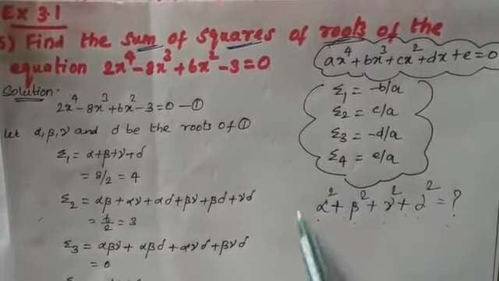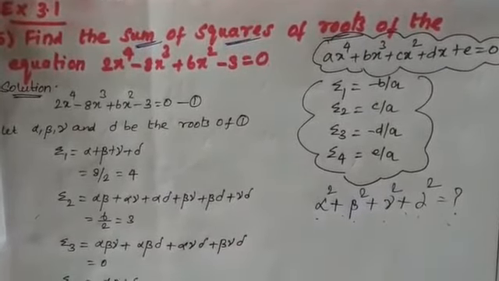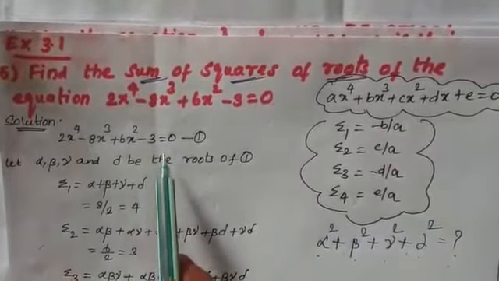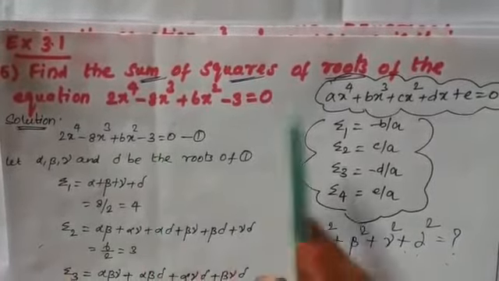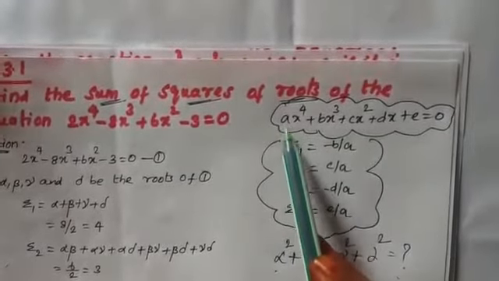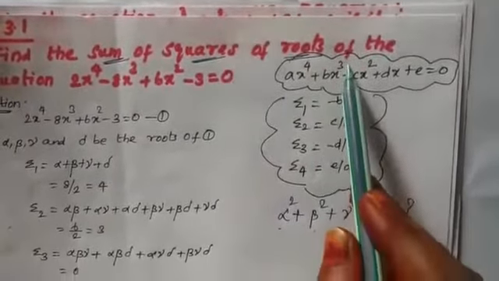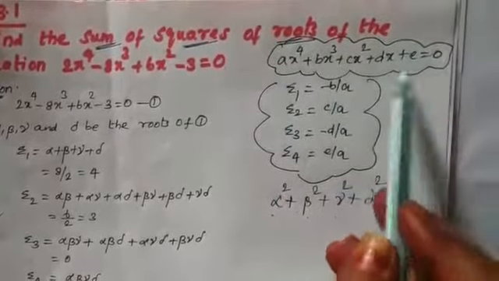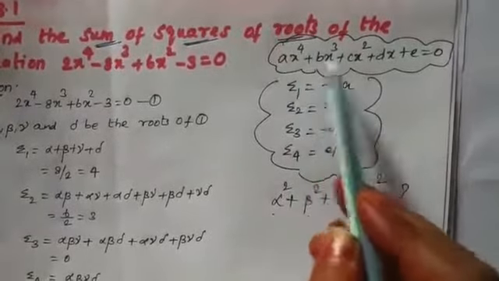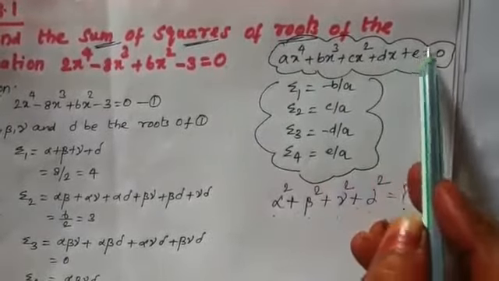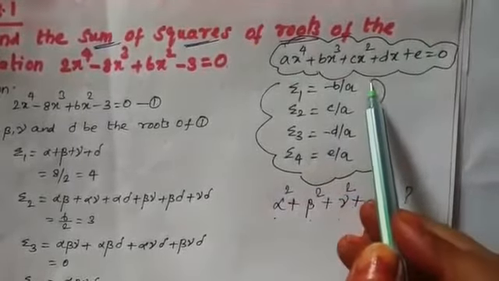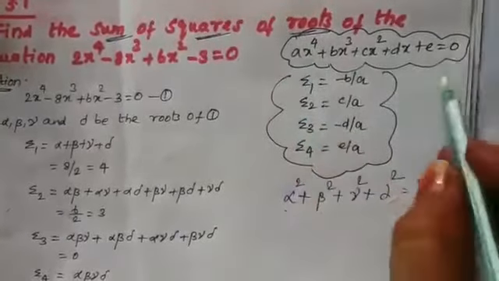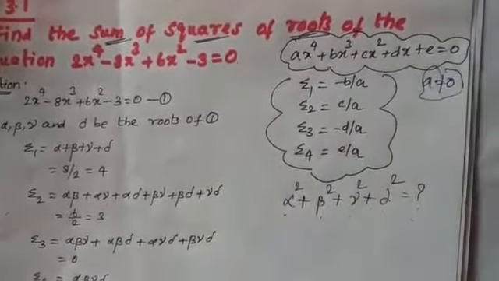So how to find out the answer of this part? What we are going to do now? Before that, just listen. A polynomial equation of degree 4 is given for us. Now I'm going to compare this equation with the general form. See, ax power 4 plus bx cube plus cx square plus dx plus e equal to 0 is a polynomial equation of degree 4. The coefficients I have taken as a, b, c, d and the constant term is e. They can be either real or complex, it is not necessary. But to be very strict, the coefficient of higher power should not be equal to 0. a should not be equal to 0. That is very important here.